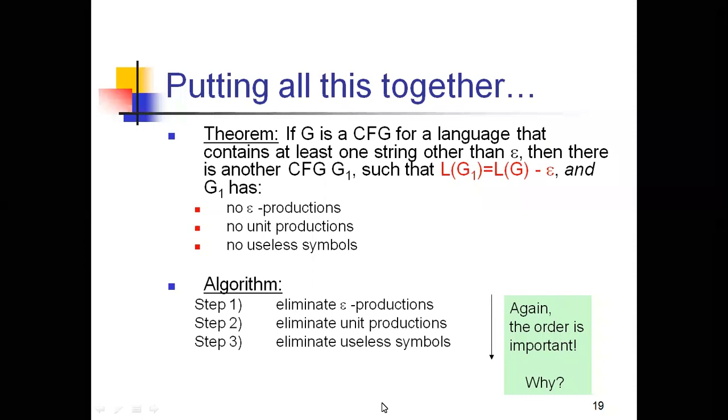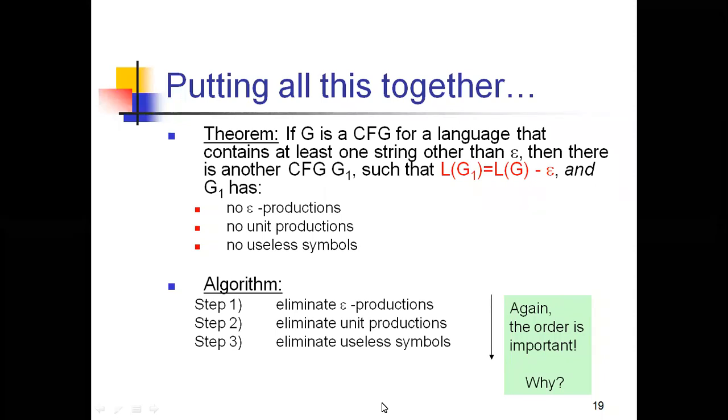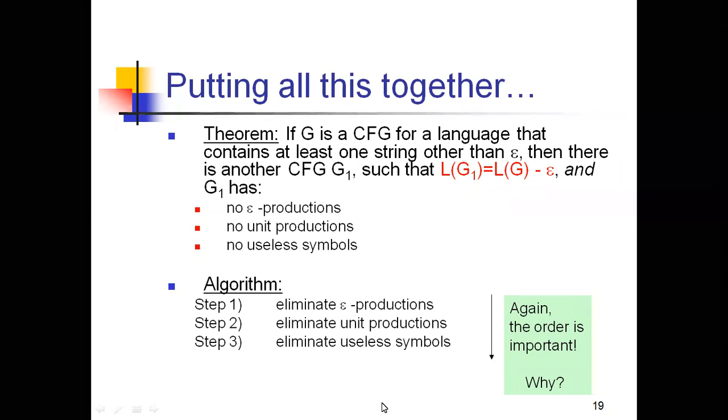And what the theorem statement means is, for example, if you have a context free grammar, and if you know how to eliminate all these three, and if you know how to recognize them based on their syntax, then it is very easy for you to eliminate them and get a modified grammar G1, right? Finally what you need to show is that from the grammar G, which consists of epsilons, you get G1, which should not accept the epsilons. That means you should exclude the epsilons for G1. So that's the statement of this concept, putting all this together.